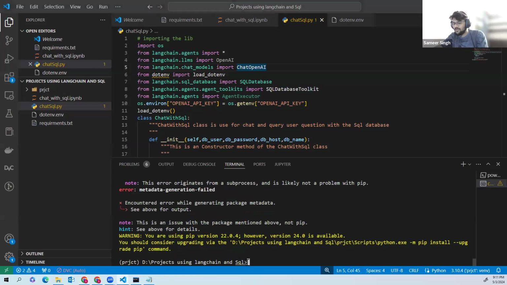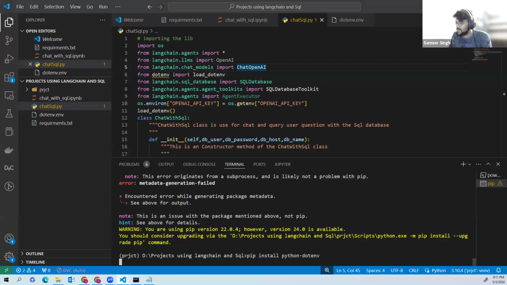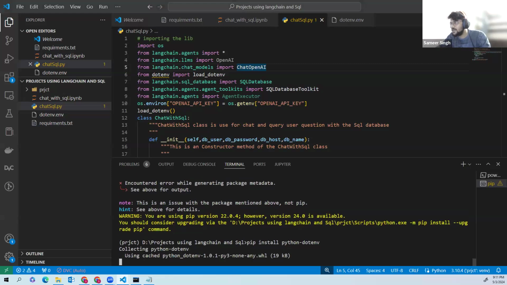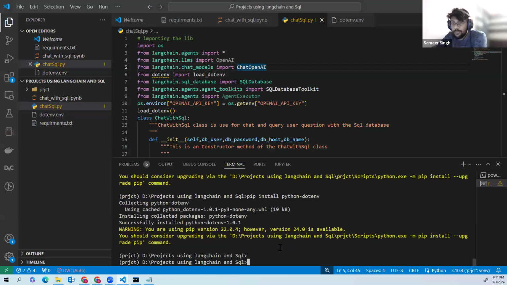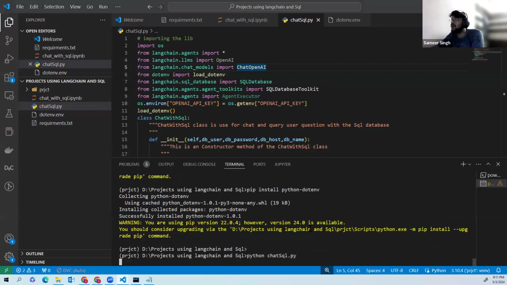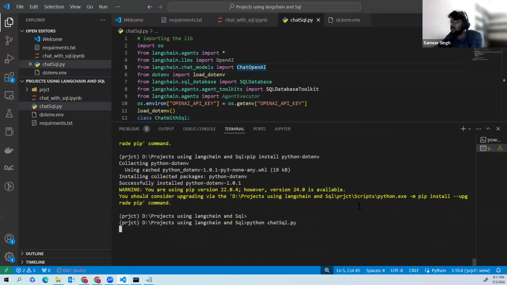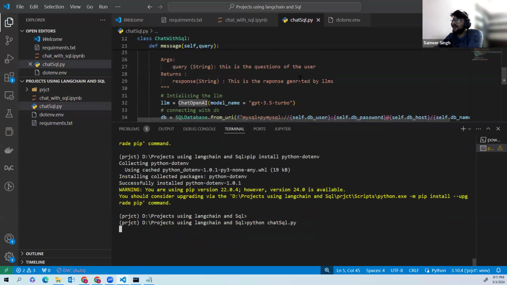We would have to write something like that, because ultimately we are using python-dotenv. So now it is done, and now let's execute our code. I hope everything will be fine. Let's see whether it is or not. And yeah, I can wait.